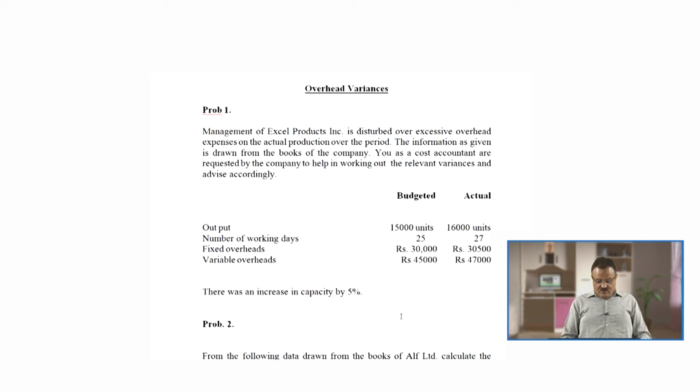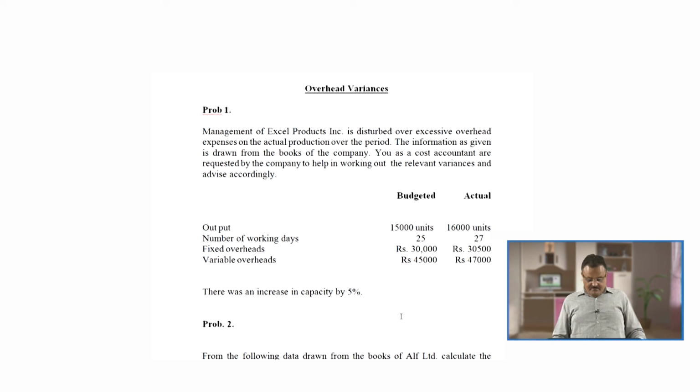So, you can call it as both the overheads have crossed the limit. Standard fixed overheads were 30,000, but this is maybe beyond the expectations that the fixed overhead cost has also increased maybe by 500, but it is more. This should not happen normally. Fixed overhead cost should not change, and in this case if you look at variable overhead cost, the variable overhead